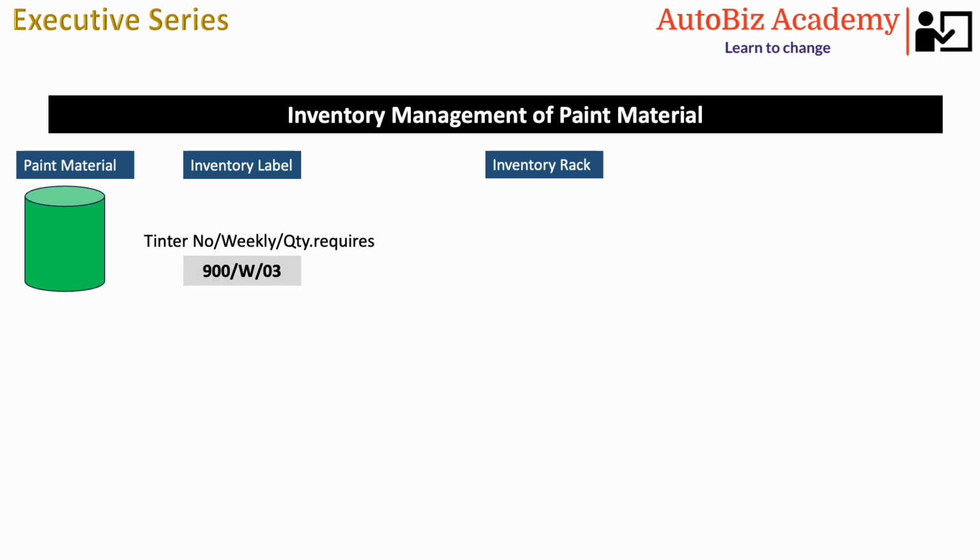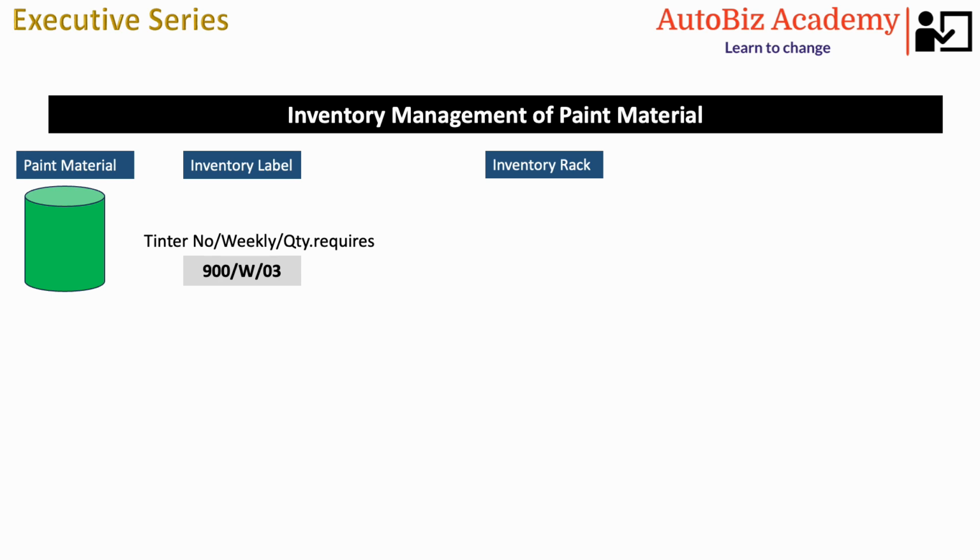So for the tinters which you require 12 in a month, we will divide it into weekly inventory. In case you find the tinter number is 900, the label will look like 900 slash W for weekly inventory, and quantity 3 for 1 week. It means you need to maintain a stock of 3 instead of a stock of 12 for an entire month. So we can check this kind of inventory every Saturday or every weekend to understand how much we require for